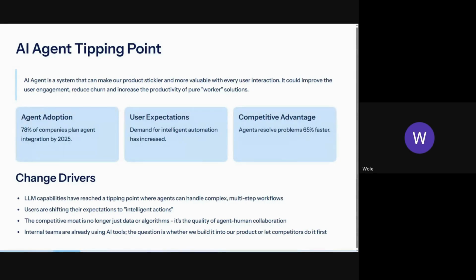Now, the next thing we have is the competitive moat. In this case, you want to ensure you have a competitive advantage by integrating an AI agent. Do I ensure that my people are more productive? Do I ensure my customers are more engaged? Do I ensure that I have lower churn? Do I ensure that when my customers come around, all my users, I make that distinction or delineation, because you